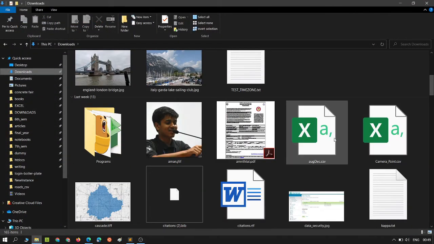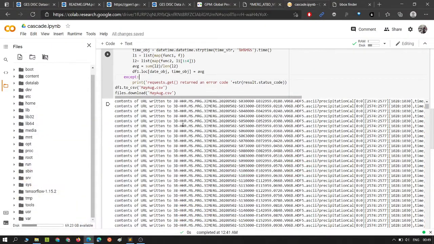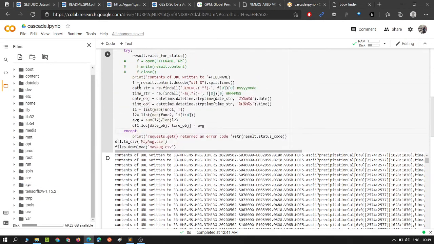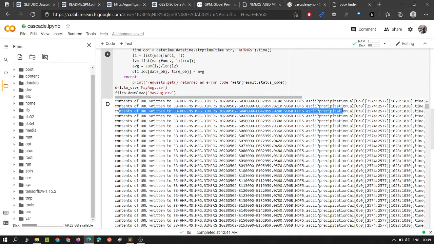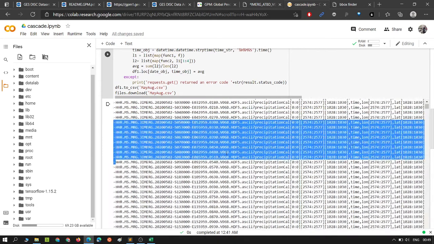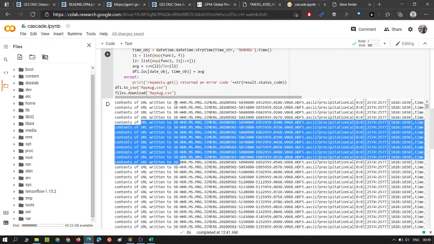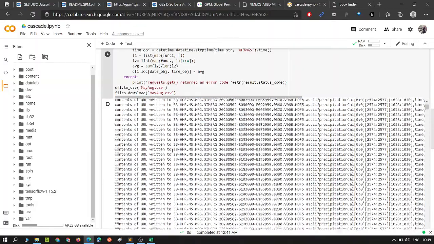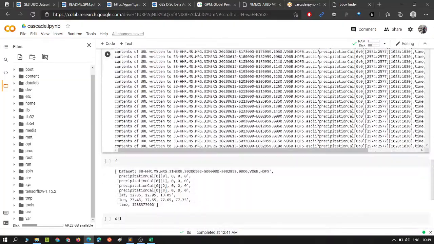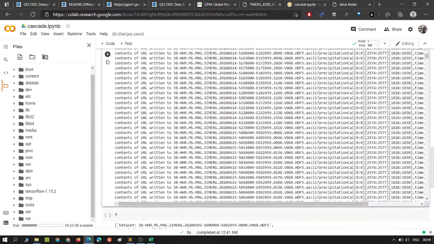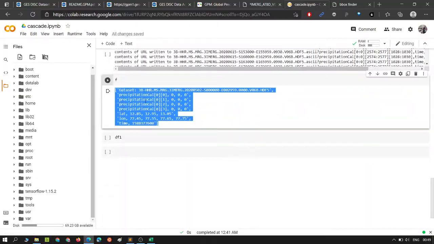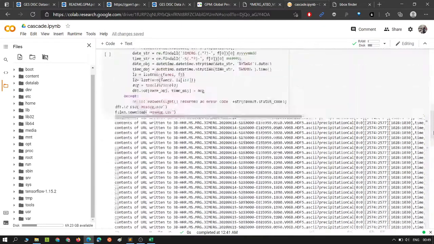So once we download, you get the file in this format. Let's see if I have it. Okay, I have it. So when you run this code, you see the contents of URL returned to this. So it says that it is successful. This means that this is successful. This is the file name that we assigned. You can name it anything. So I ran it with 5000 files and it gave no result, no errors. This was the output, and this is the data that we are reading.